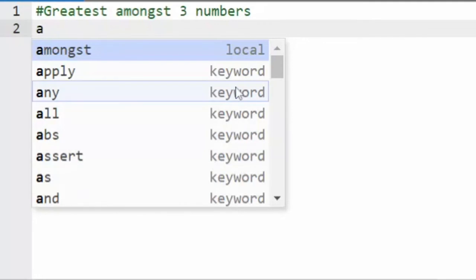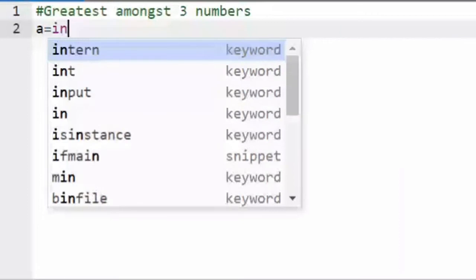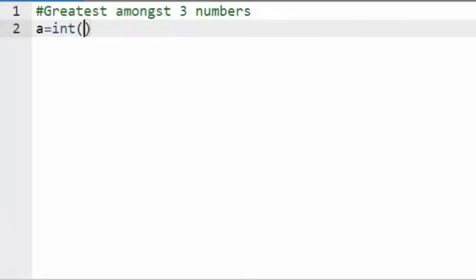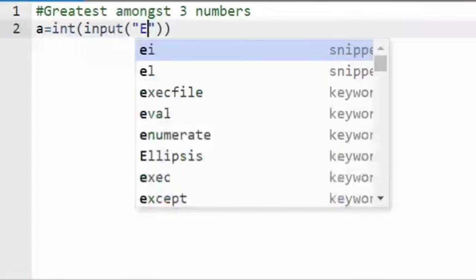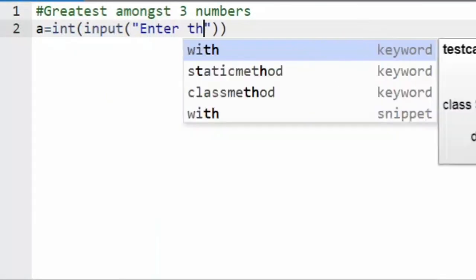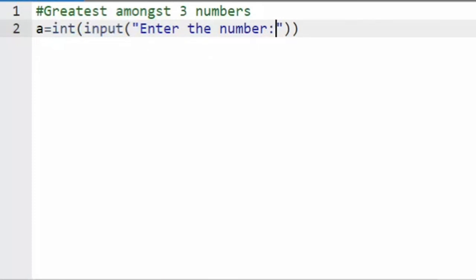Before giving the input method, I want it to be an integer, so inside the integer, I'm saying input, then I'm saying enter the number. This is how I am reading in a number which is an integer type. I'm reading in the three numbers like this.